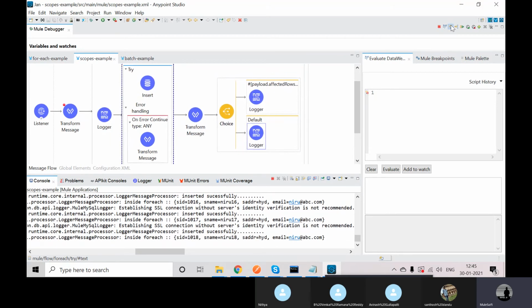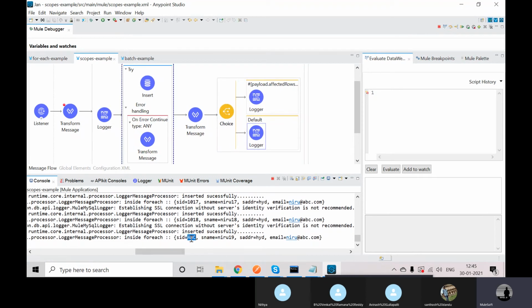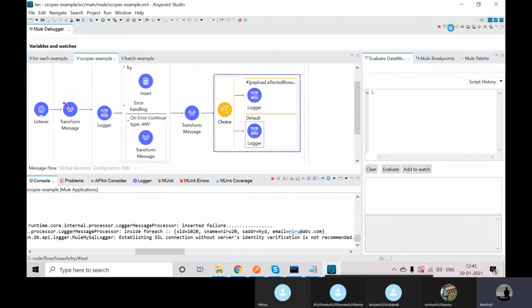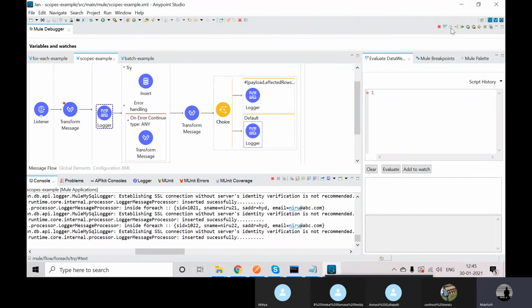Now next record inserted successfully. Now it will give SID is ABC, so it will go to the on error continue. Now it will go to the default section and show inserted failure. Okay, in this way we can process all records, and based on this we can process our data.